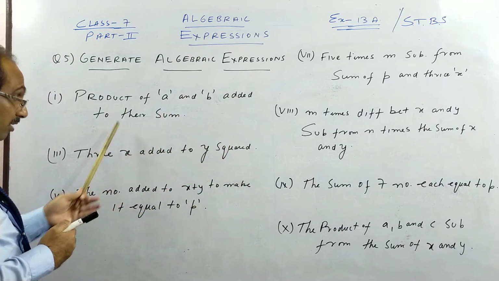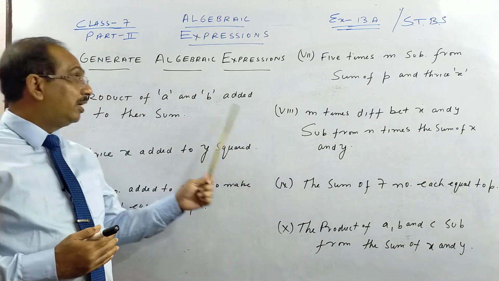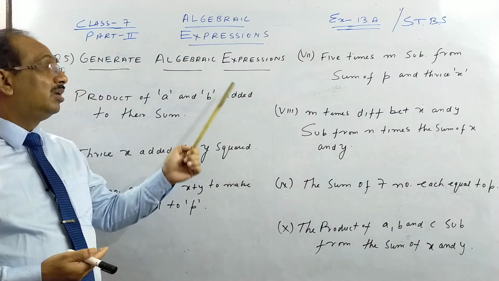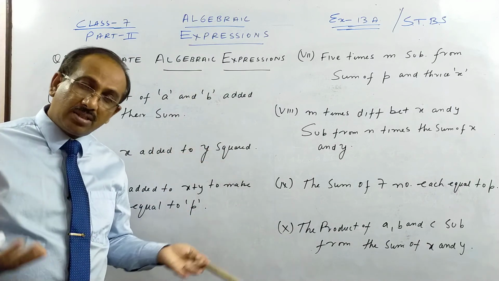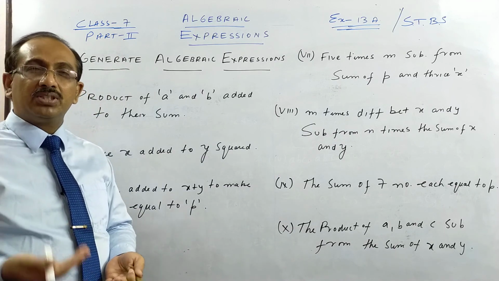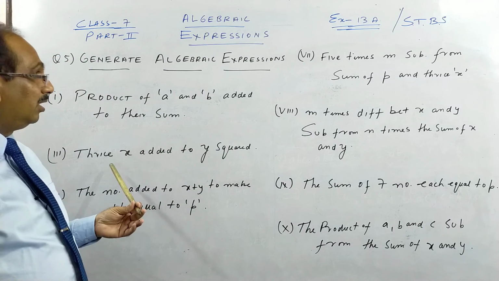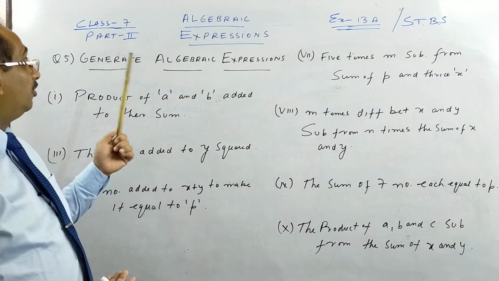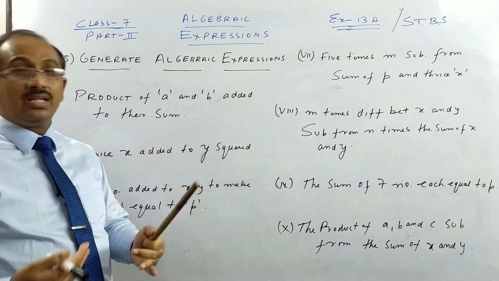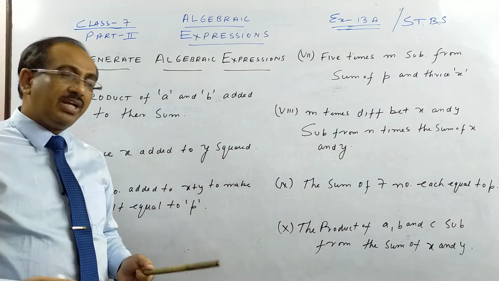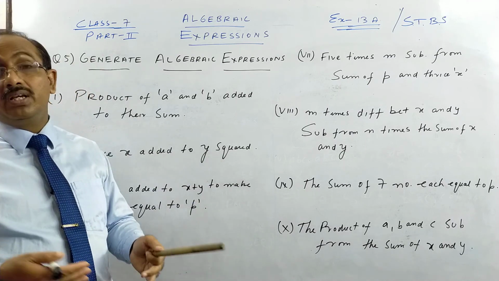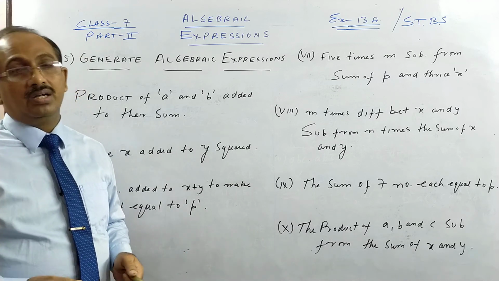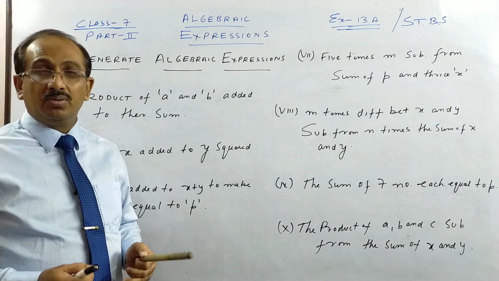Once more, what is given in English language, we generate, generate means making, a mathematical form in algebra called an algebraic expression. So this is the main theme of our full story here: algebraic expression, monomial, binomial, trinomial. Today I will be teaching you next what a polynomial is, and I gave you an introduction. If you want to understand more clearly, please see the class 6 videos also. It will be very helpful for this chapter, including other chapters, fractions, integers, whole numbers, whatever. If you get time, you need to work hard to make yourself good in mathematics.